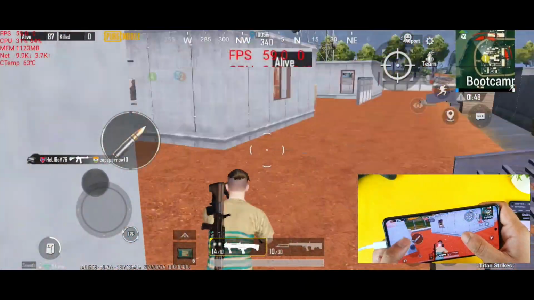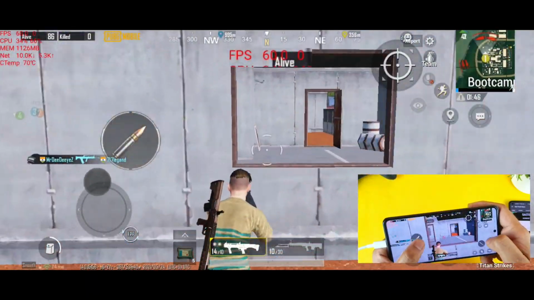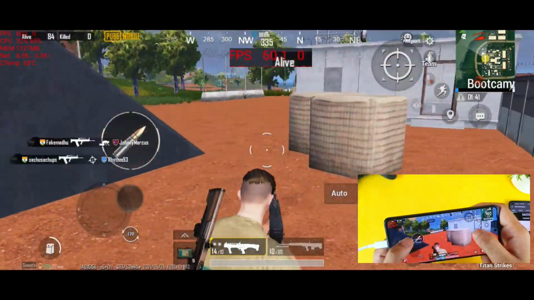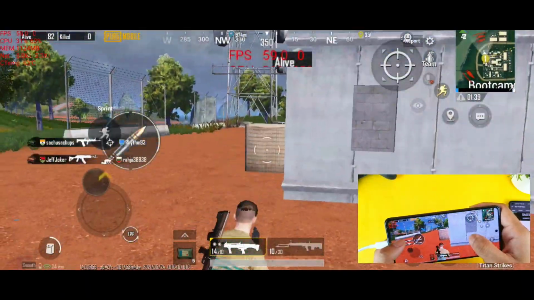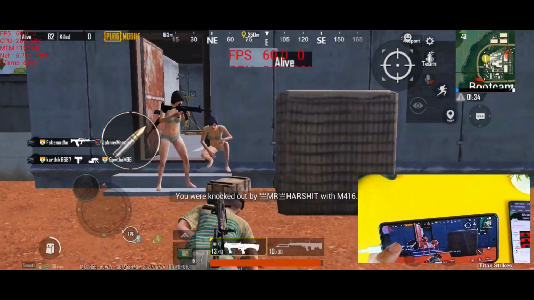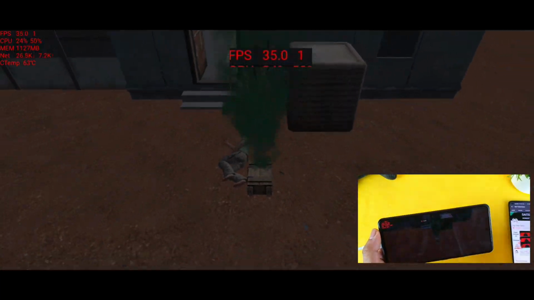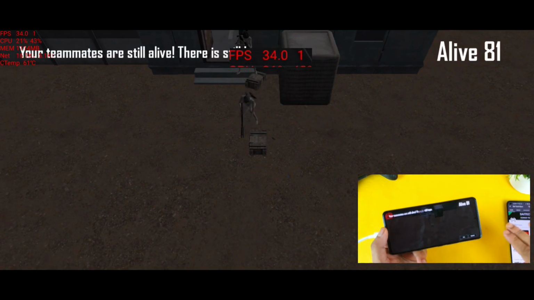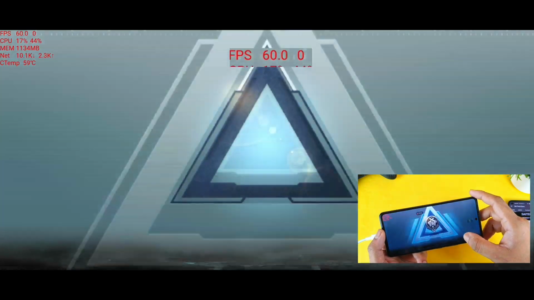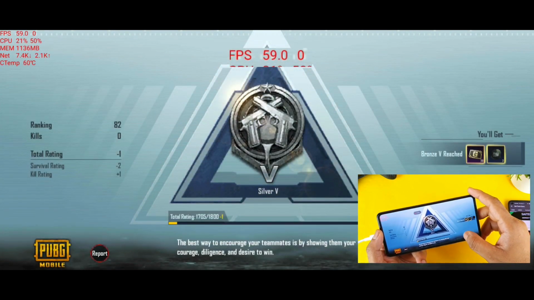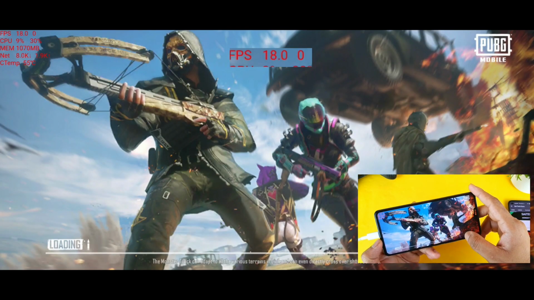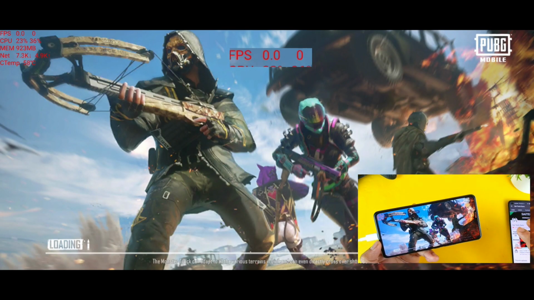I can see some kind of frames are dropping right now at the moment. As you can see friends, the frames are dropping definitely sometimes. As you can see, the frames did drop at the moment, so a little bit you can see here friends. So it decreased. Again I'll try to go back and repeat the same thing, and let's see what will happen the second time. But a few amount of frames did get dropped at the moment.